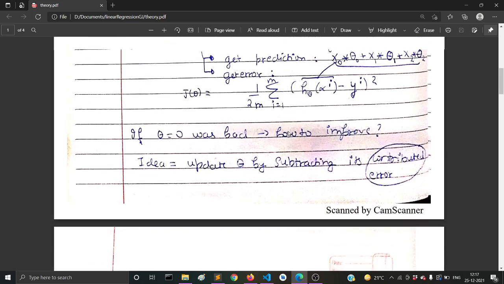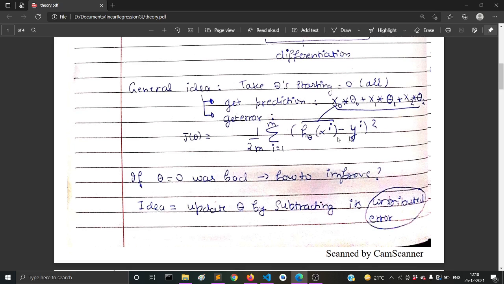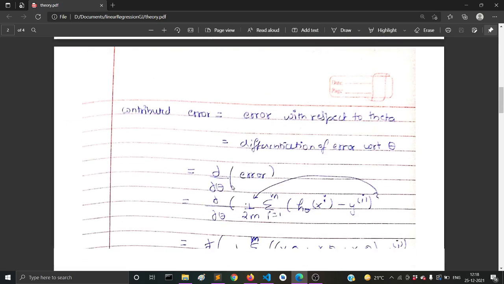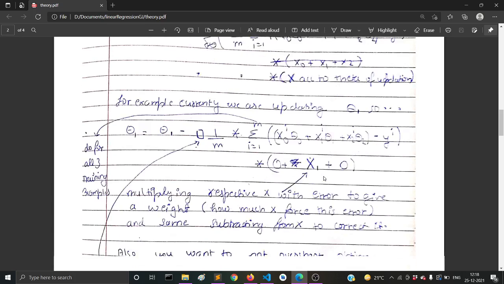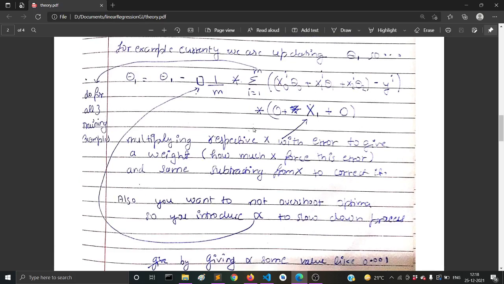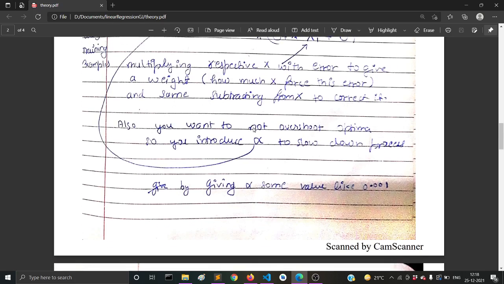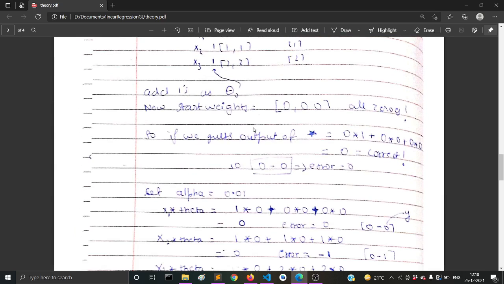So this is some math, right? That's what is behind the scenes. This is how you get the prediction. This is how you get your error term, that is the squared error term. This is how you calculate how far your model's predictions are from the real outputs, and you differentiate that error term and then subtract it from the theta values by multiplying it with alpha and dividing by the number of training examples. Now what you need to do next is